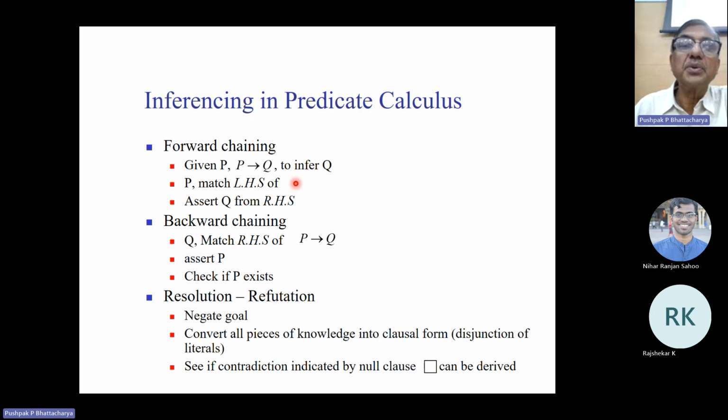Okay, so there are two kinds of problems in AI: analysis problems and synthesis problems. If you want to diagnose something, let's say a disease is to be diagnosed, or a loan application has to be sanctioned, a visa application has to be sanctioned, then which chaining should I use, forward chaining or backward chaining? And if we have to assemble something, it is a generative AI problem. If you have to generate something, then should it be forward chaining or backward chaining? Okay, these are the guiding factors. Think about them and also read them up. So, some interesting questions can arise as to the appropriateness of forward chaining and backward chaining.